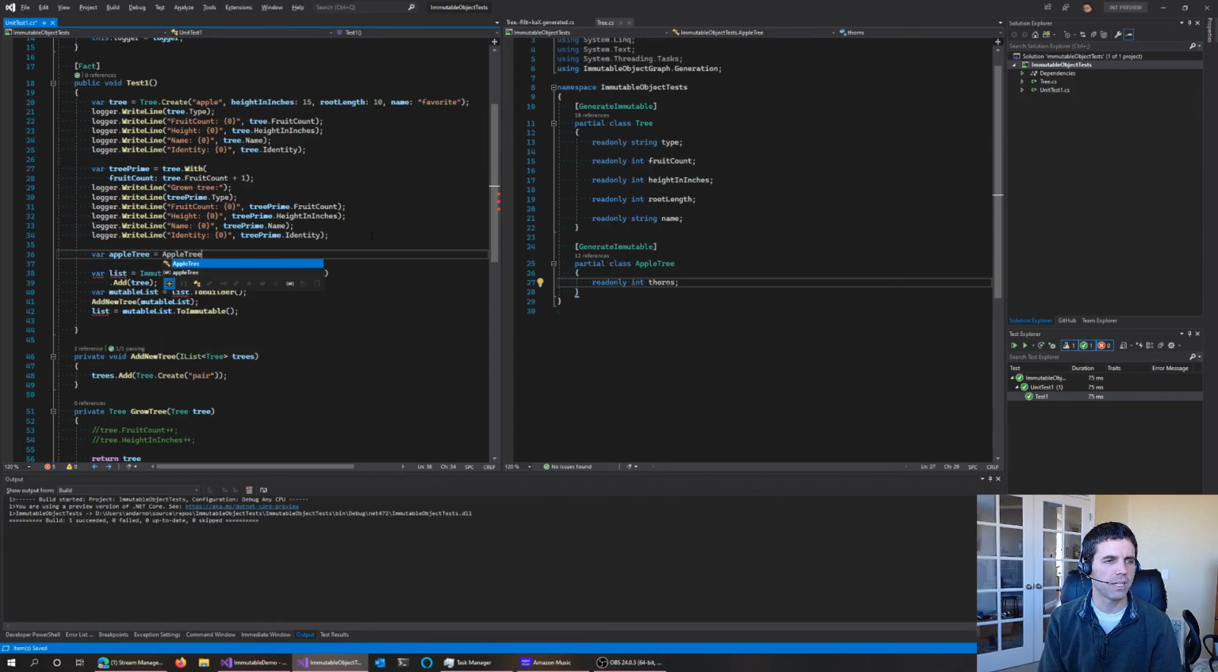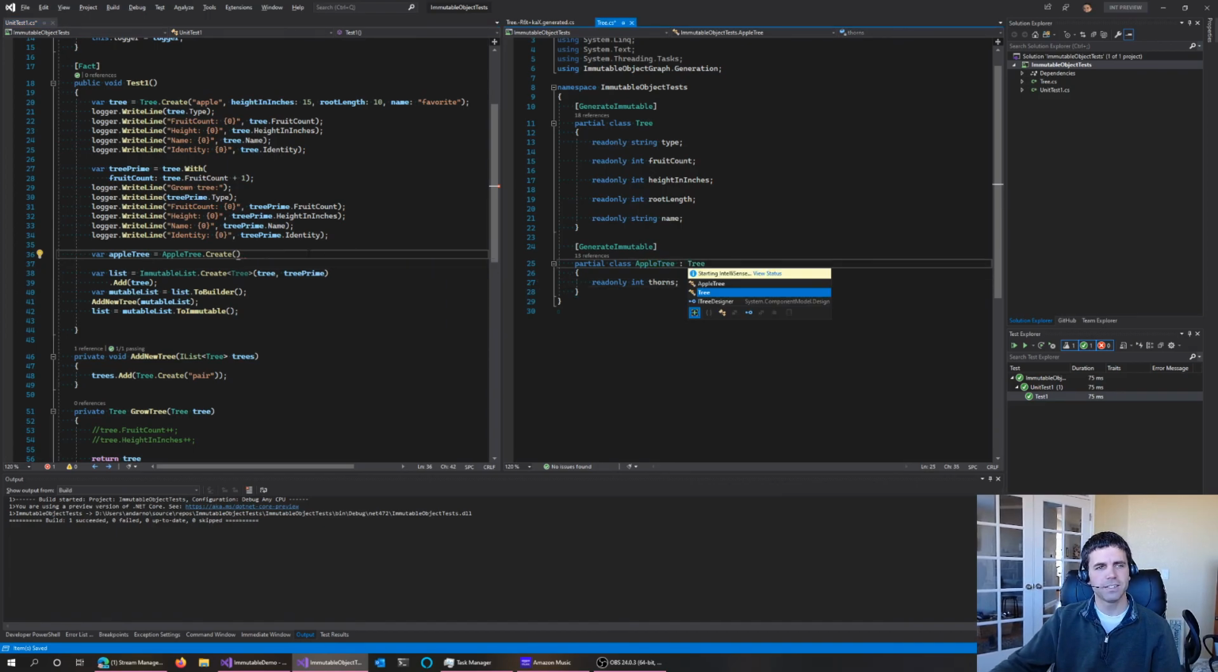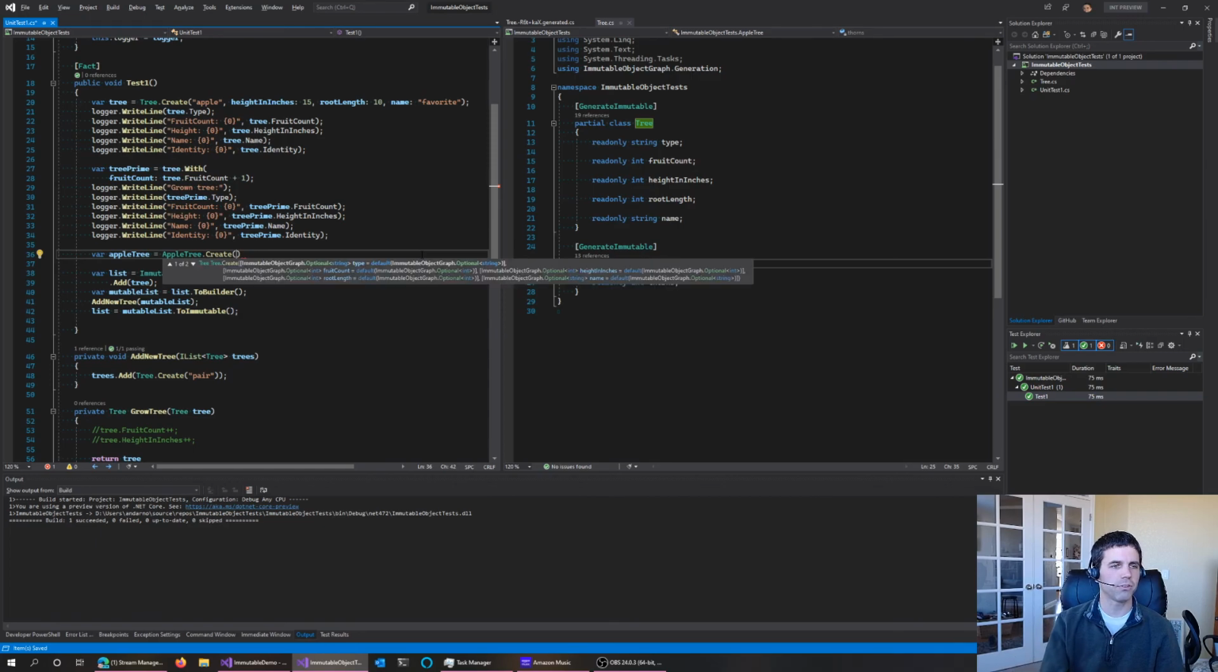Now you could say apple tree create. Oh, you know what we forgot? We forgot the derived type. Tree. Did you notice though? It only took thorns, right? But when we say that apple tree derives from tree, look at that. The constructor knew that there are lots of fields from the base,